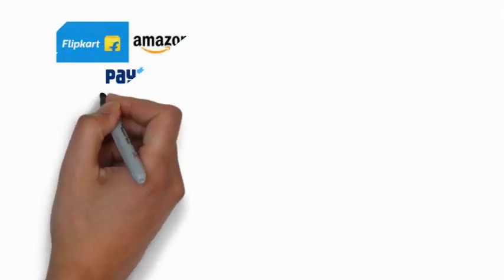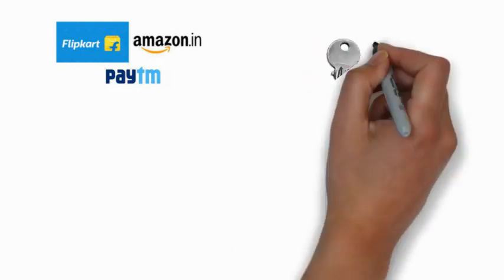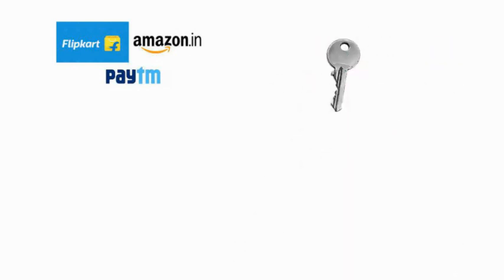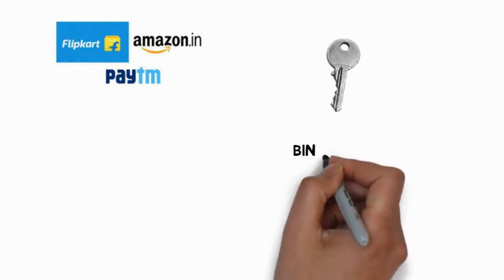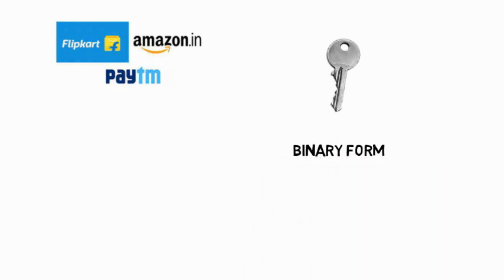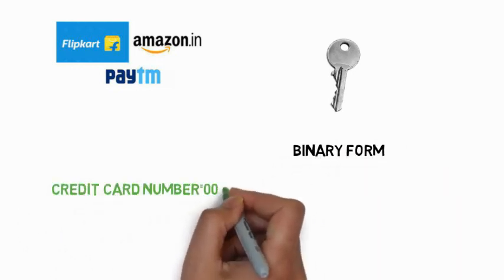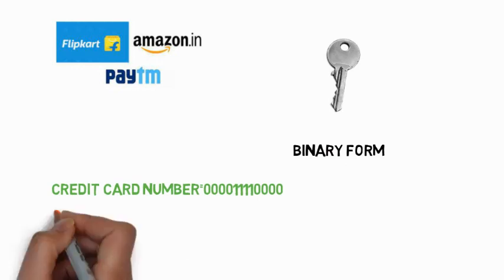Now while you are placing some order and during payment, what Amazon or Flipkart or some online retailers do is they would send a key which consists of binary digits, which is the same length as your UPI or credit card, to the